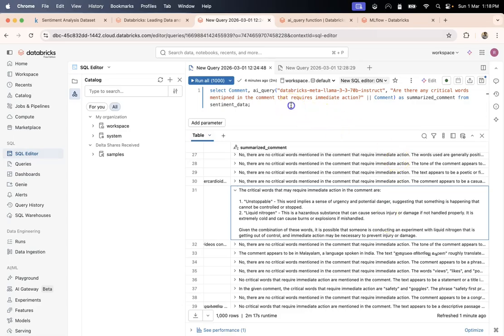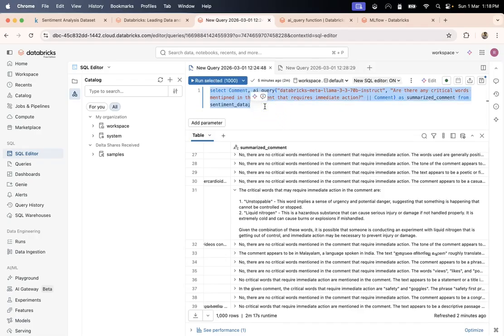Okay, so now what else can we do? If you recall, we had been using a lot of functionalities such as correct grammar, AI sentiment classification, and AI classification, all those things. Now you can go ahead and create your own custom functions. Those in Databricks terminology are called user defined functions, that is UDFs, and those UDFs are created within the catalog, within the schema. So both tables and your functions stay there.